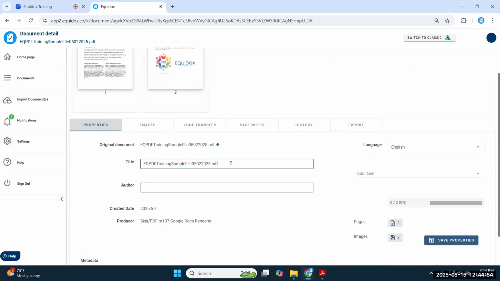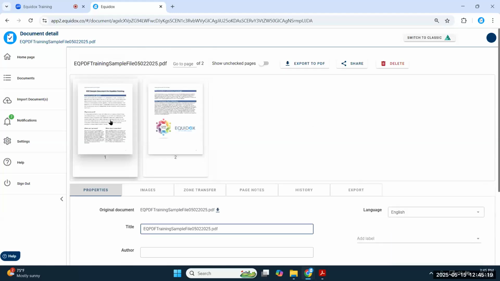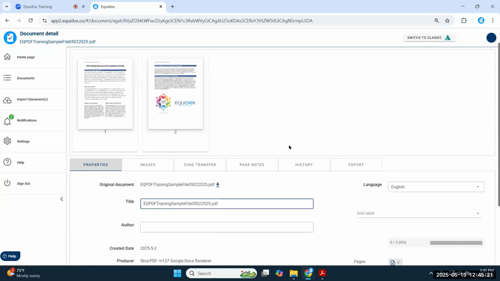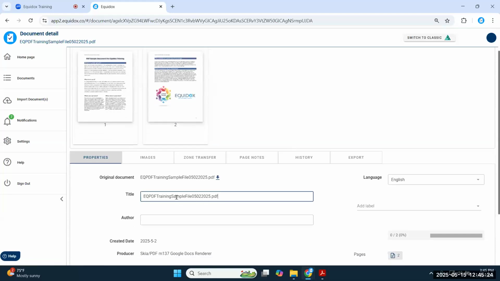The first touch point that a screen reader user will have with a PDF is the document title. It's kind of like their introduction to the document. So they know if this is the document I want to open up and read through, or am I looking for something else? So it's actually a really important property for a blind user who's using a screen reader or some form of assistive technology. A sighted user doesn't really need to pay that much attention to the document title because you're probably seeing the thumbnail and you can quickly figure out if it's the right document or not. But a blind user relies on this type of information to avoid that endless loop of opening and closing and looking through all kinds of documents trying to find the right one.